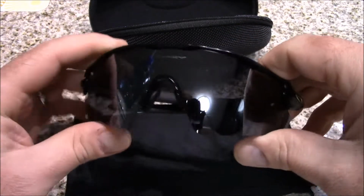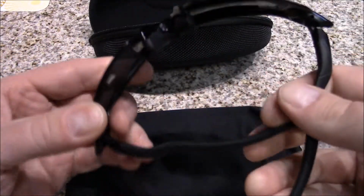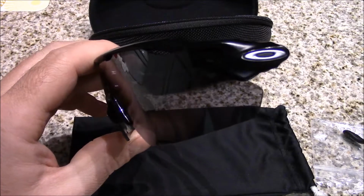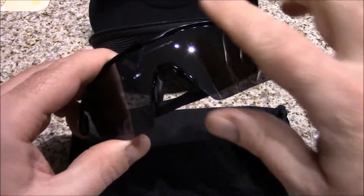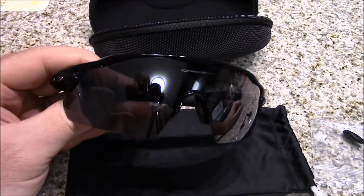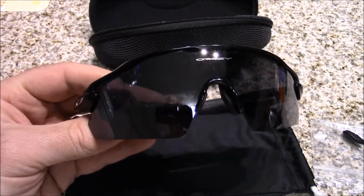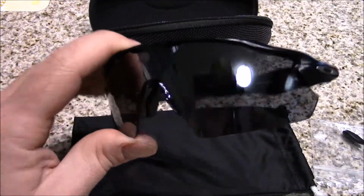So similar to the M2s that I showed, very similar to that. That was the style that he used. And then later on, the Oakley M frame vented ones, and then even later on, I think right before he was admitted to all his doping stuff, he was wearing the Jawbones, which they changed the name to the racing jackets, and that's the single lens ones that flip open like the Jawbreakers. Okay, so